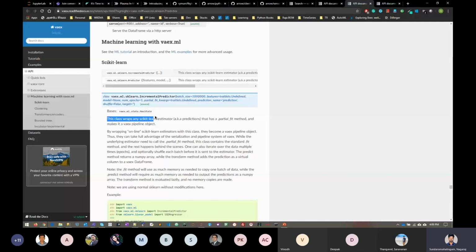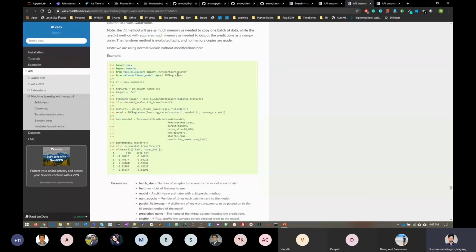As I said, there is no inbuilt algorithm in the Max library. It wraps scikit-learn algorithms. You can use scikit-learn algorithms in MaxML and do your machine learning stuff faster.